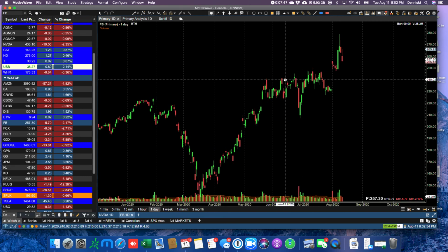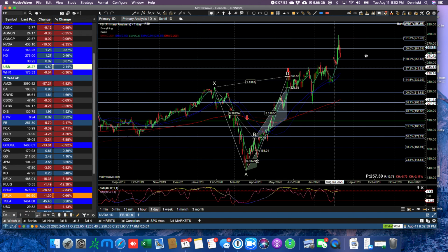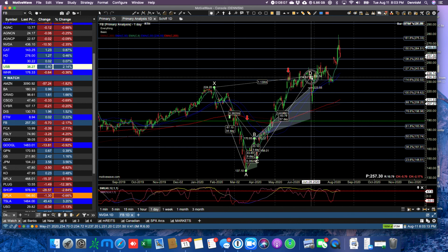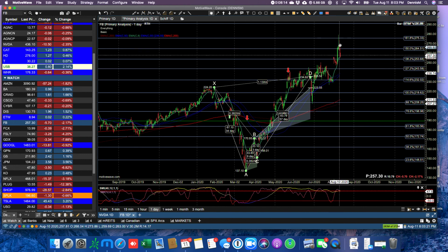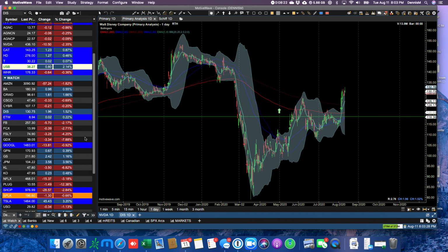Facebook seems to be retreating. Haven't got any Fibonacci's. There's a Fibonacci set right there. So you can see 161.8. Now we're pulling back to 138.2. That's after we finished this alternate bat pattern, and then we continued to hold that alternate bat pattern. Then we had the pullback, and now we're moving higher in A, B, C, D kind of wave. And now we've got to look for another type of Gartley setup setting up in Facebook. Disney,